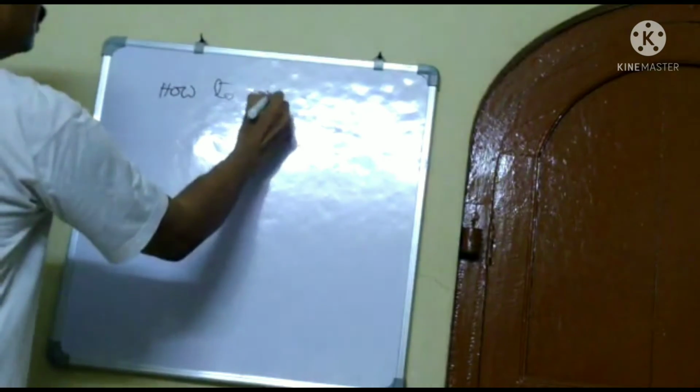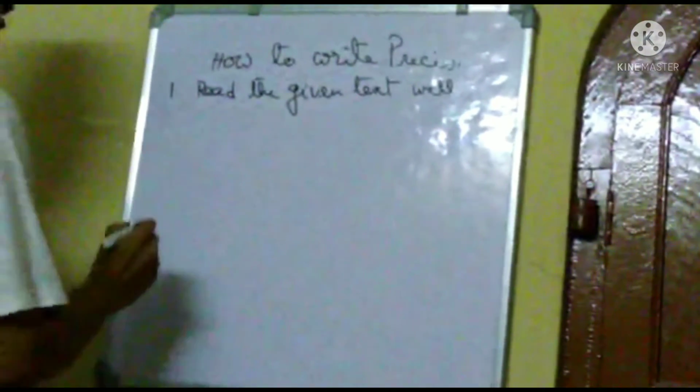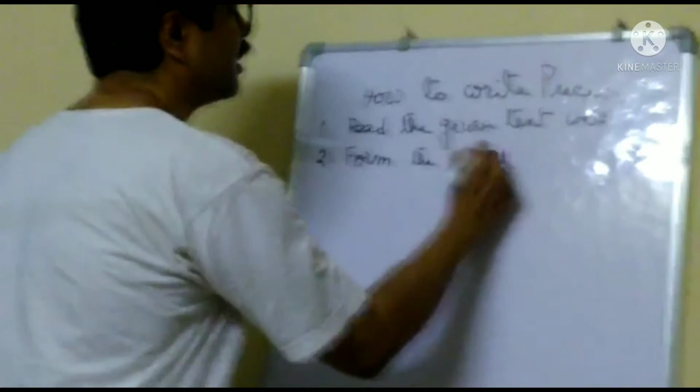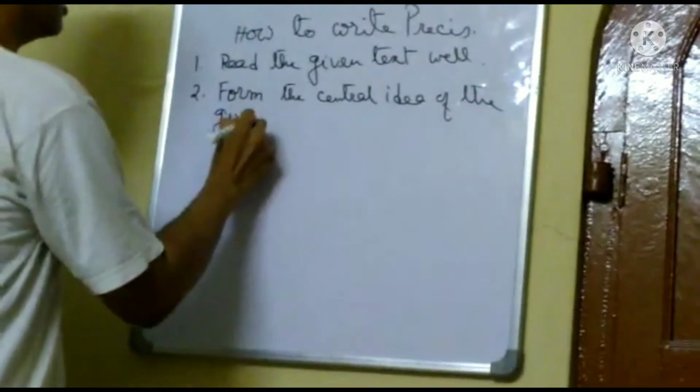How to write precis. Today we are going to learn how to write precis. আমরা শিখব precis কিভাবে লিখতে হয়। First, read the given text well. First, you need to read the text as many times as possible, just to make sure you can form a central idea of the given text. Form the central idea of the given text,